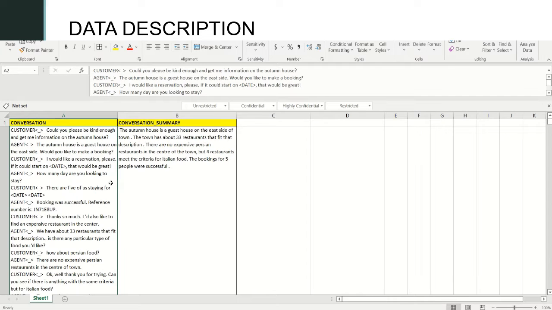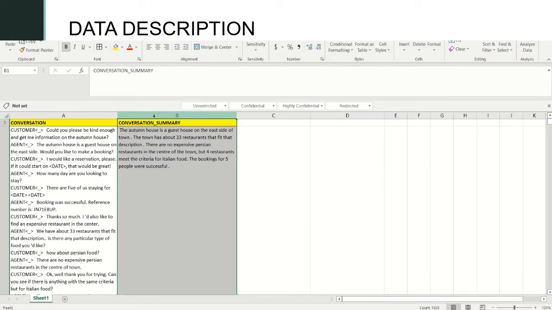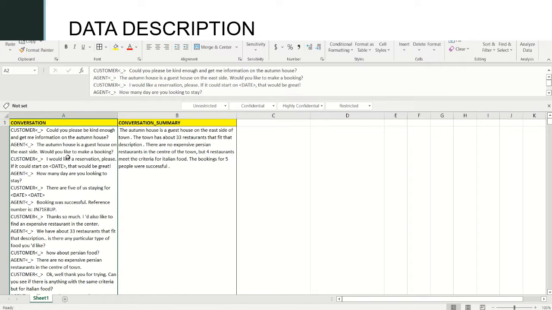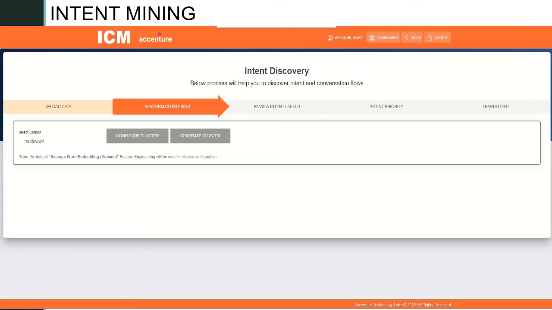For today's demo, we have used this sample data. So it has two main columns. First is the conversation column, which actually contains the conversation between the customer and the agent. And the second is the conversation summary column, which we actually generate a summary of the given conversation using a pre-trained summarization model. So under intent mining, we have the intent discovery part where we upload the data, perform clustering,